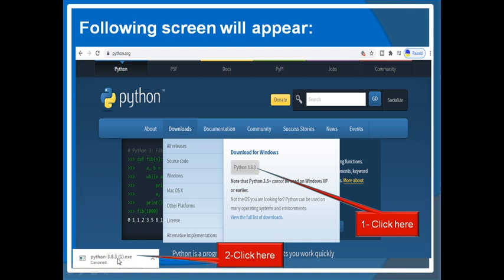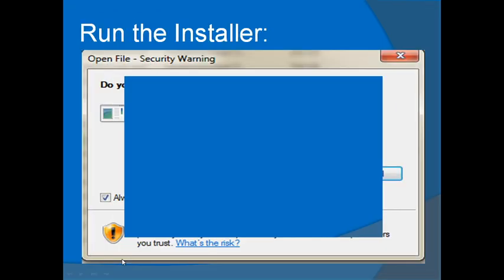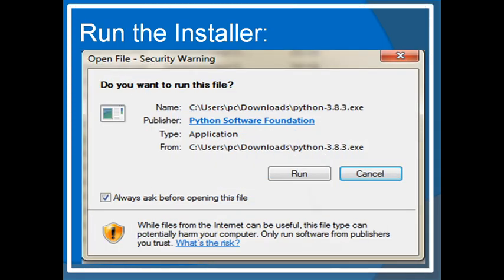Once the download is complete, you can click on this exe file, that is the installer. As soon as you run the installer, this screen will appear. Here nothing to do, only it asks, do you want to run this file? Yes, run. Just click on the run button.